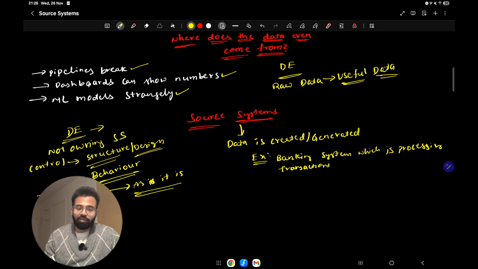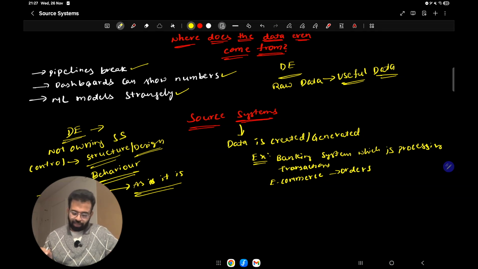Or it can be an e-commerce site which is processing orders or storing order information. Or in tech terms, it can be a message queue streaming real-time events.